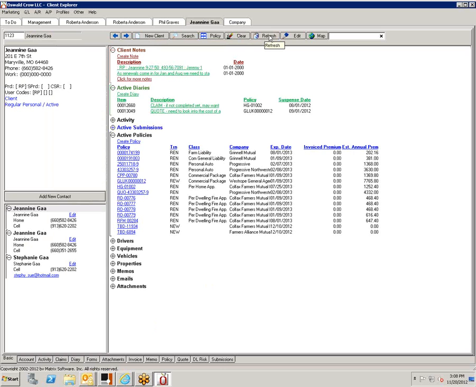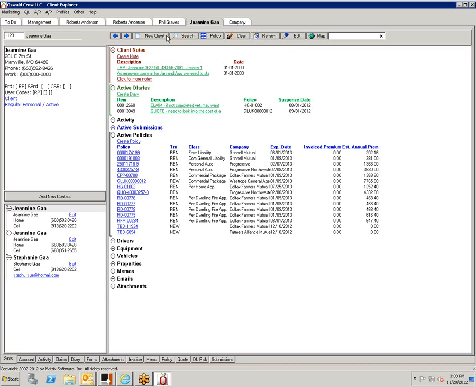All right, guys. Anything else about forms per se? Not that I can think of right now. No. Okay. Do you think the equipment thing's going to be of help to you guys? I think it will. I think I'll practice and go in and pick somebody that has a small Excel spreadsheet, maybe just try to build one in there and see how it's going to look. It might be beneficial on some of those commercial accounts, you know, the Inland Marine, like the city and the Board of Public Works and things like that.